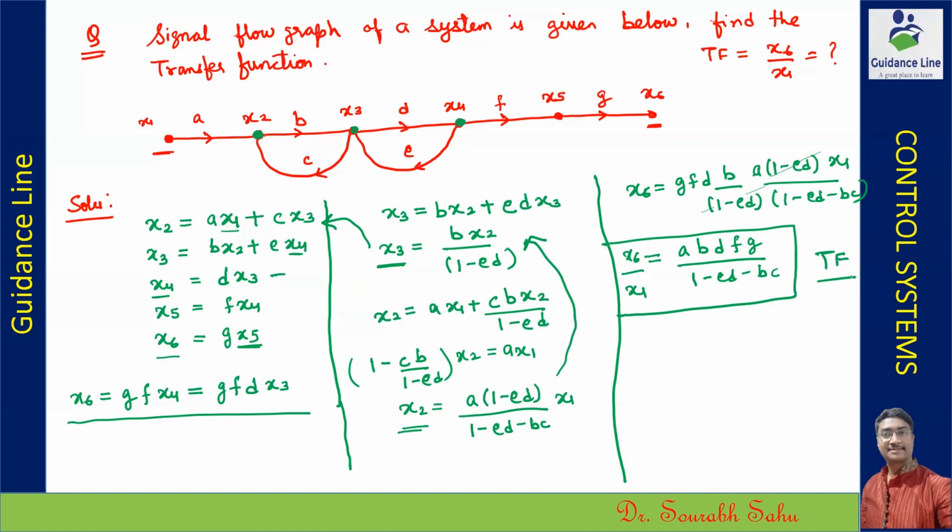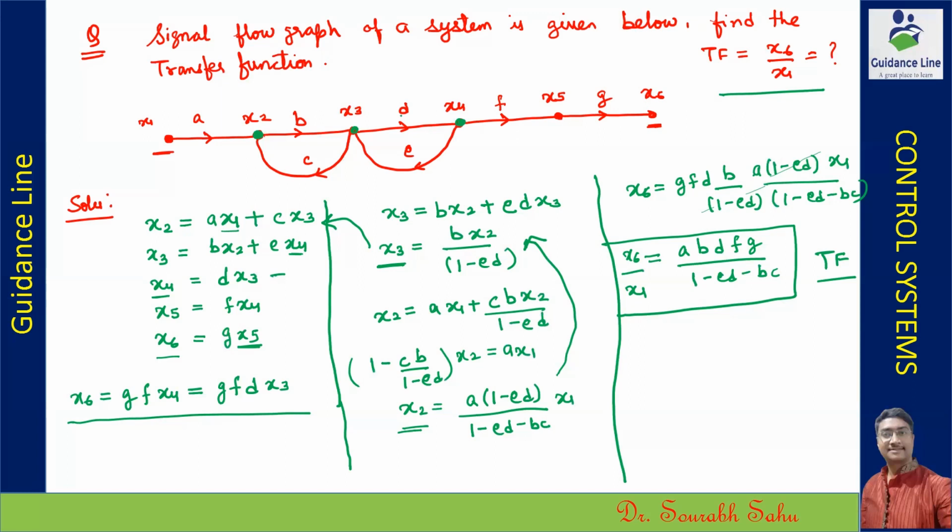So now you can see how easily we can calculate the transfer function by representing a single graph. This is the way we can easily find the things required. But as you can see, we have a number of equations involved, and we have to solve that many equations to get the final output. It is a lethargic process, since if we have a complex system where a number of loops, nodes and branches are involved, it is quite difficult to represent the set of equations and to find the required values.